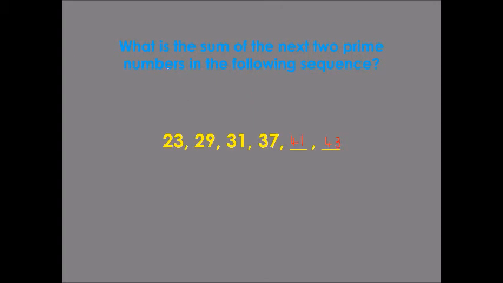So at this point it says, what is the sum? So you can underline, you can say, well, we know that sum means that it's an addition, because that is what the word sum means. So we can put the add symbol down, and we know that the numbers are 41, we've got the symbol plus, 43,